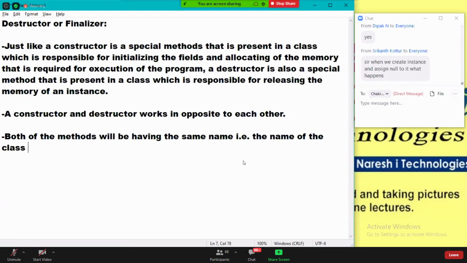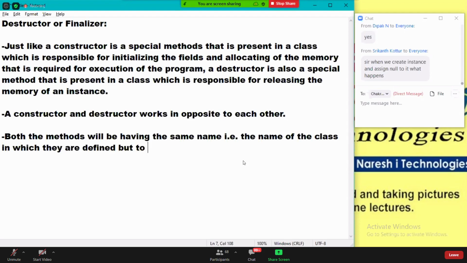I already explained that; that is called dereferencing. You create an instance, and after creating an instance, if you assign null, we call it dereferencing.